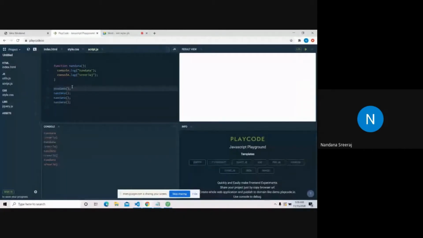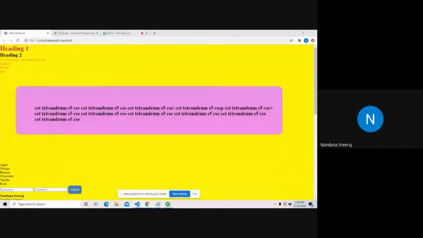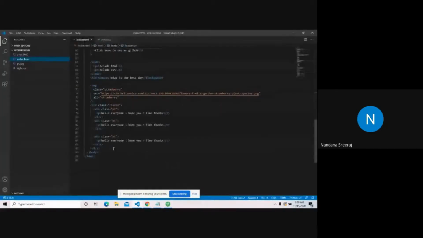We don't need to write the code more and more times. We are just calling the function name and the entire code comes. Imagine if there were 100 lines inside this function and we had to write it 4 times. That would be a very hectic task, right? So this makes it very easy for programmers to code. This is what is called a function. So, using JavaScript in our code: for using JavaScript in our code, we have a tag called the script tag.